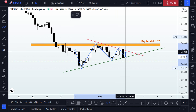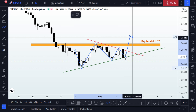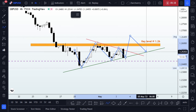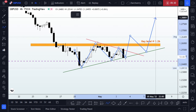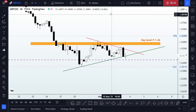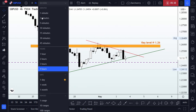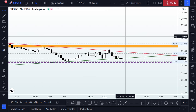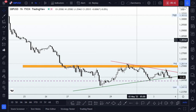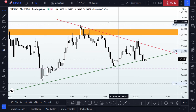Is the uptrend going to break out of structure, where we see a breakout and a retest into structure respecting the bullish trend line, then moving price to the upside? Or are we going to have a breakdown of structure? Let's go down to the lower time frame, the 1 hour time frame scale. So on the 1 hour time frame, are we going to have a breakout of structure, or are we going to have